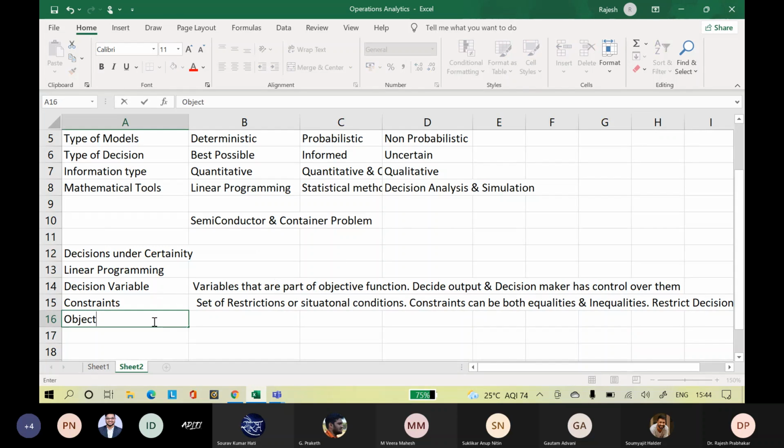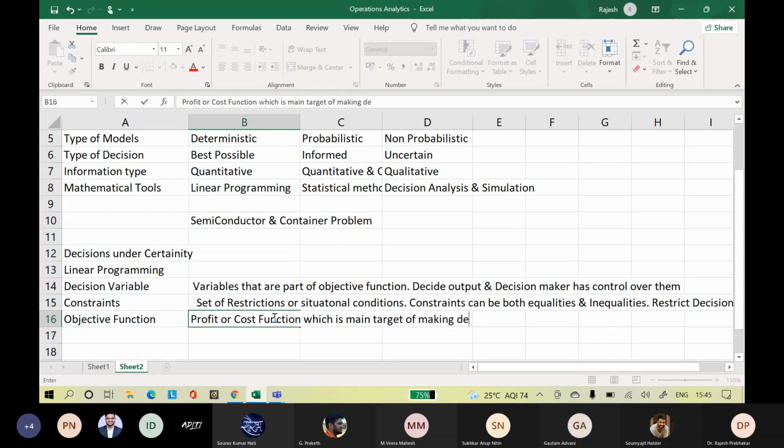Then comes your objective function. What is this objective function? It can be a profit function or a cost function, which is the main target of making decisions.